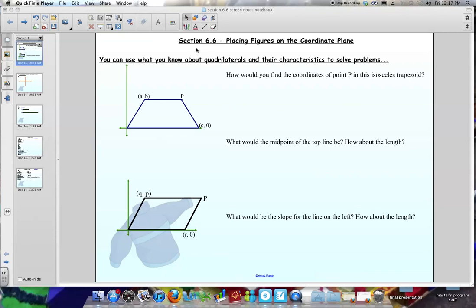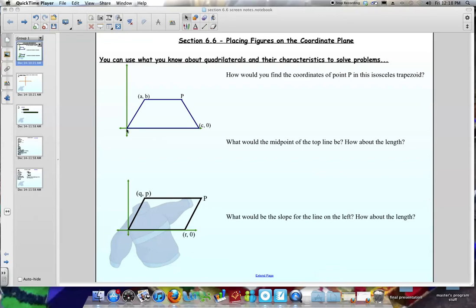This lesson is on section 6.6, placing figures on the coordinate plane. We can use what we've learned so far about quadrilaterals in this chapter and their characteristics to solve the following kinds of problems. For example, if I give you that this is an isosceles trapezoid, and I tell you that